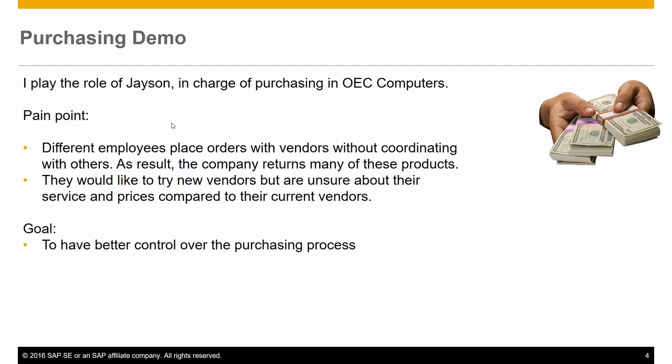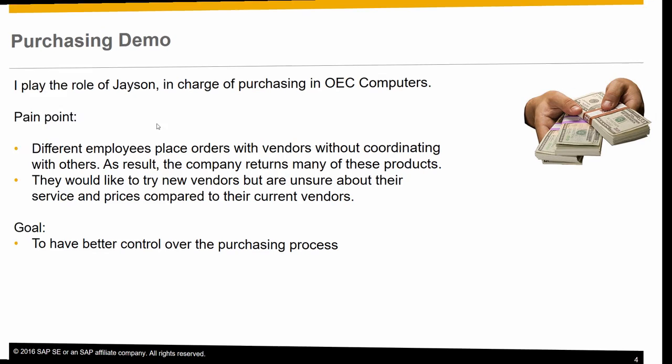I play the role of Jason, in charge of purchasing at OEC Computers. Today in the company, different employees place orders with vendors without coordinating with each other. As a result, the company returns many of these products. In addition, the company would like to try new vendors, but is unsure about their service and prices compared to their current vendors. Their goal is to have better control over the purchasing process overall and reduce the number of